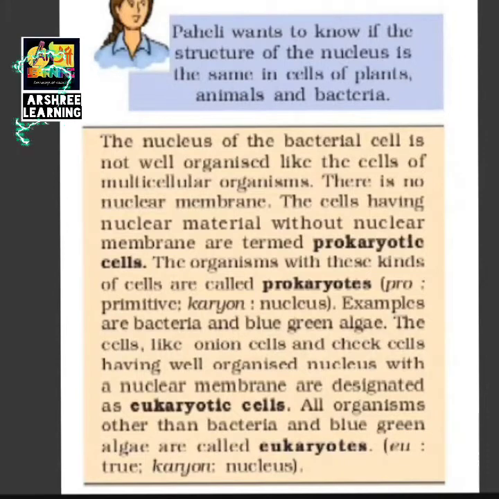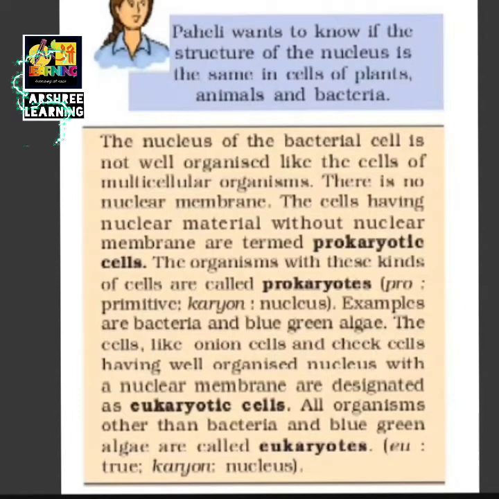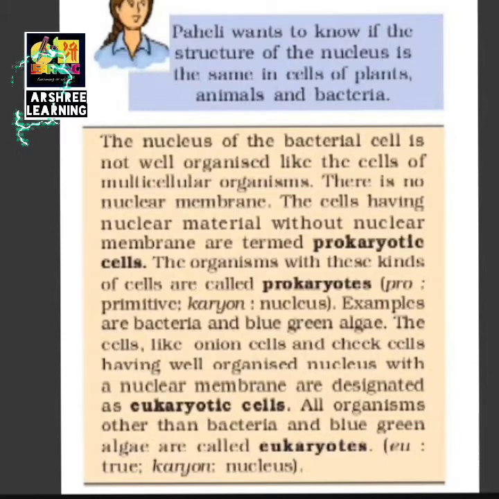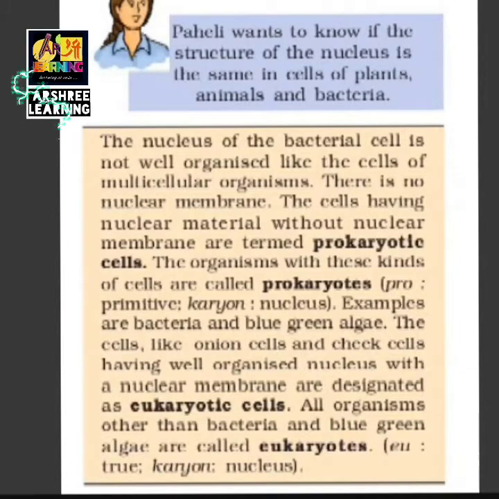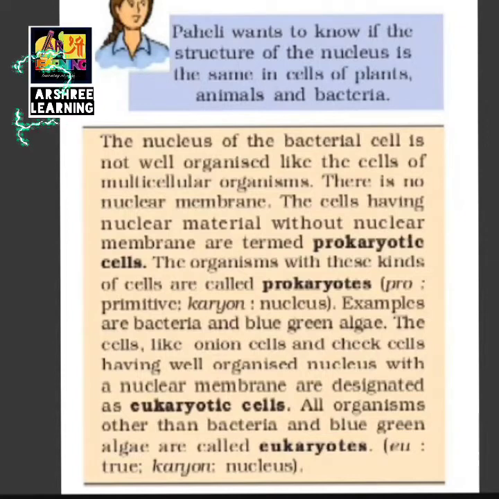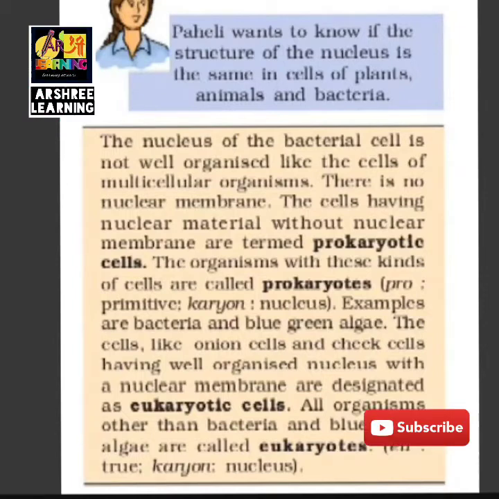So these are the primitive cells. That means in the beginning when life started on the earth, the prokaryotes were the living organisms which were formed first. Because they were formed first, they did not have a nuclear membrane. Slowly, when time passed, the nuclear membrane developed and then they formed a better, advanced form of cells. The cells like onion cells and cheek cells are called eukaryote cells. All organisms other than bacteria are made of eukaryote cells. Eukaryote cells are the modern cells. They were formed from the prokaryotes. So these two definitions are important. What are prokaryotes?